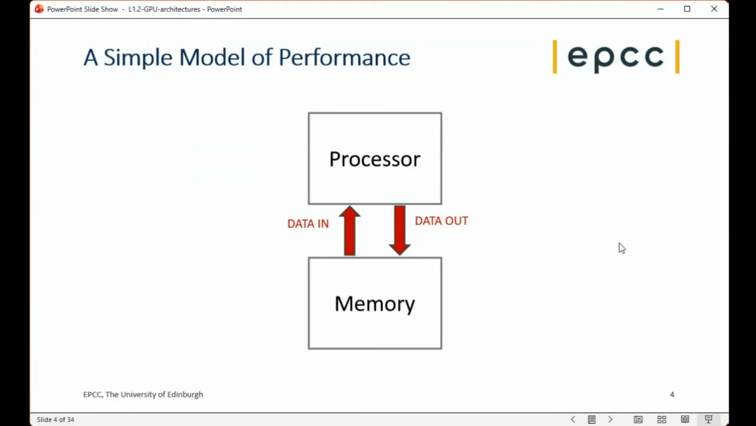Okay, so classic CPU programming: we have a processor, like you have in your laptop, and you have some memory. And you read data in and you write data out. You read in Y and X for the SAXPY, and you write out Y. So that's a very simple model, and you're aware that for HPC, for scientific and technical programming,